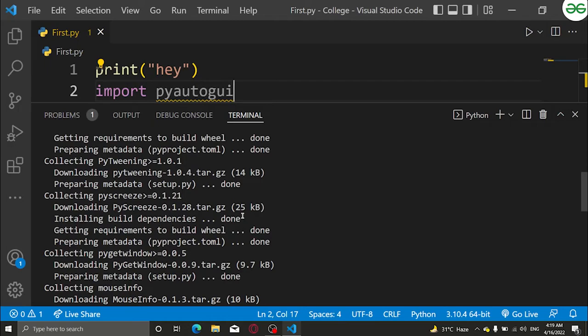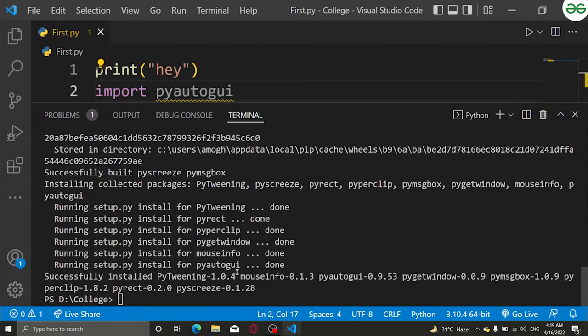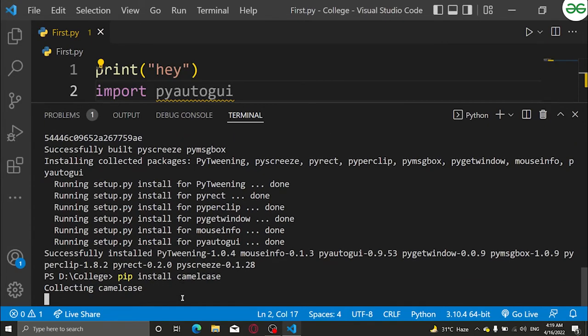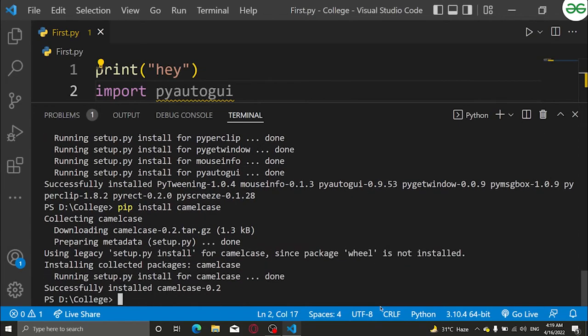Suppose there is a very basic package called camel case. Its small letters will always be small and big letters will be big. See, it says connecting camel case. This is how I installed a package. See, the package has been installed, right?